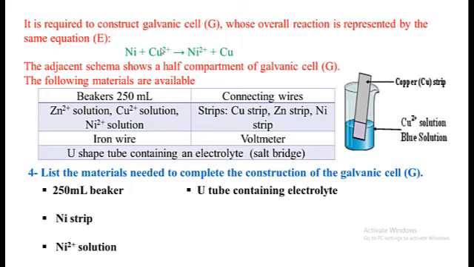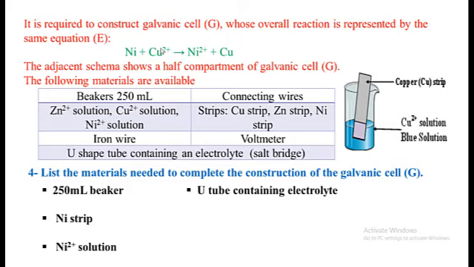So, Ni undergoes oxidation, so it loses electrons and it transforms into Ni2+. That goes into the solution. Now, the amount of Ni2+ will increase in the solution. Thus, the amount of ions increases and the intensity of green color will increase since the intensity depends on the